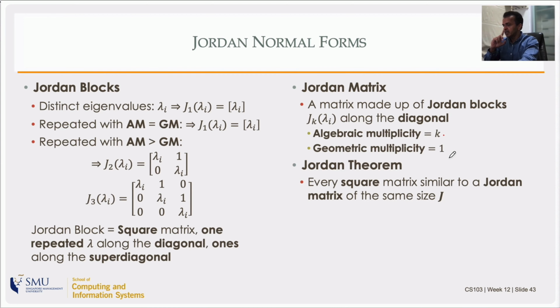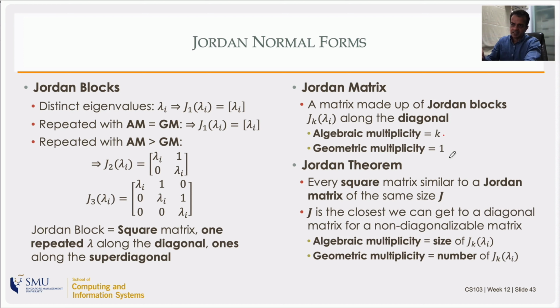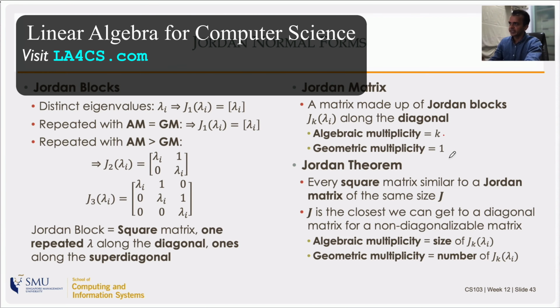Now, based on this, there is a theorem that says every square matrix is similar to a Jordan matrix of the same size, and the Jordan matrix is called J. And the definition of Jordan matrix is a matrix that is made up of Jordan blocks along the diagonal. It's going to be zeros below the diagonal and eigenvalues along the diagonal and ones here and there in the super diagonal. And Jordan theorem says that every square matrix is similar to that. So it is possible that there are matrices that you cannot diagonalize, but Jordan form is the closest you can get to a diagonal form. Okay? So that is the genius of this